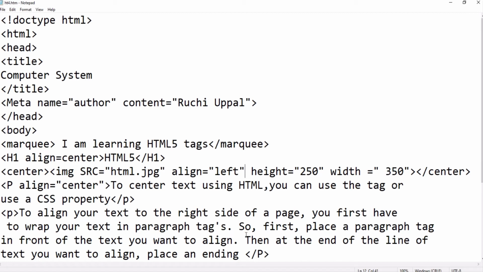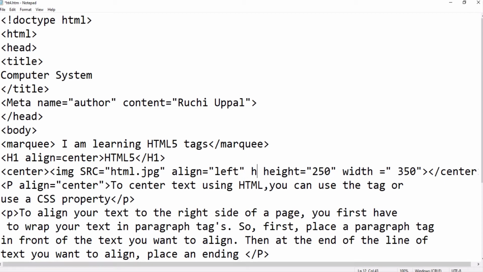We have to use only hspace. For adding or increasing the amount of space, it is also called padding, to make the page more visually appealing. For that purpose we use hspace. I'm telling you again, hspace is equal to 50.